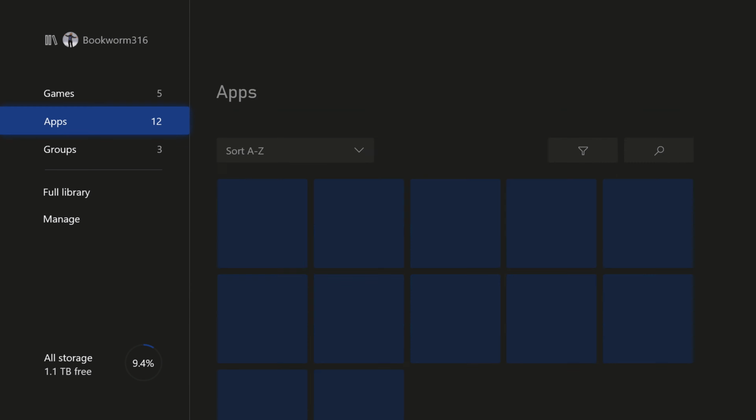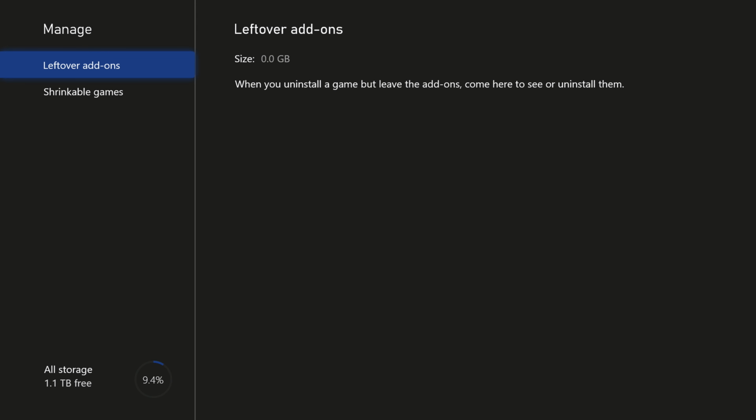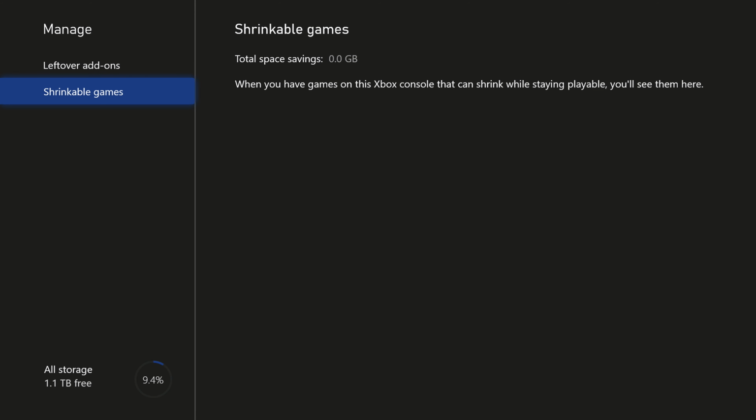You can also go into My Games and Apps, and if you go down to the Manage section and go up to Free Up Space, right within there you can see that you can free up anything that's sort of like leftover add-ons, some uninstalled games that can be shrunken down. It'll kind of analyze that and give you the options there. I don't have anything on this particular system right now, but it'll analyze that and let you know how much